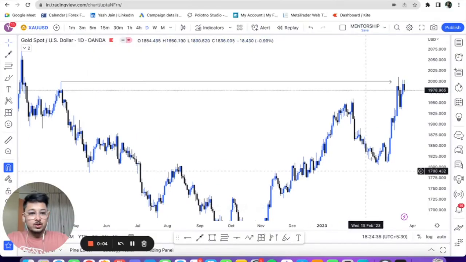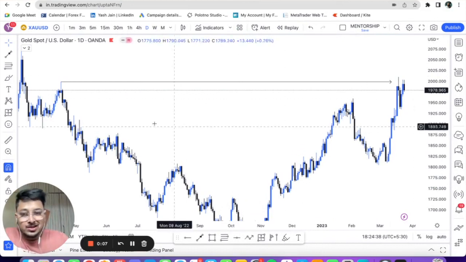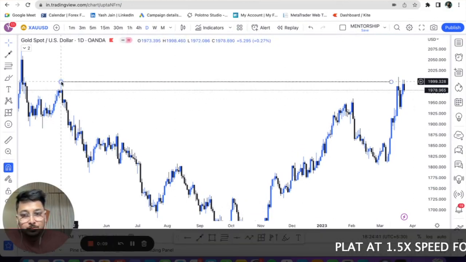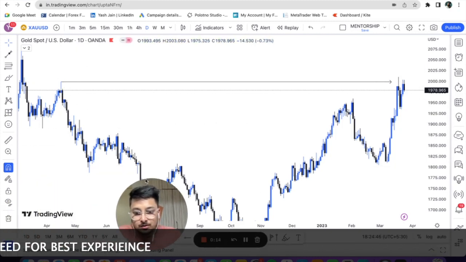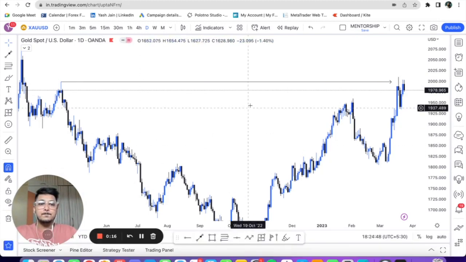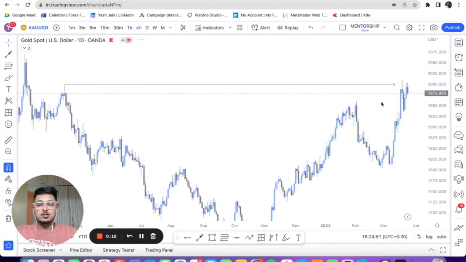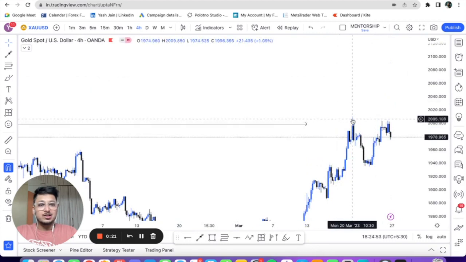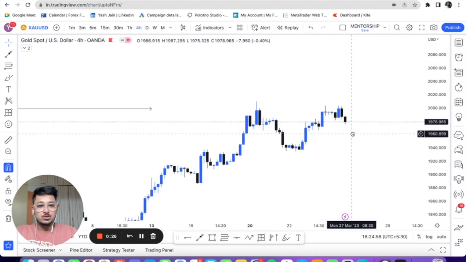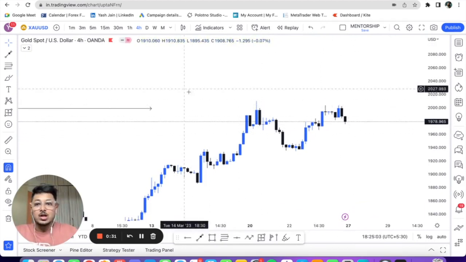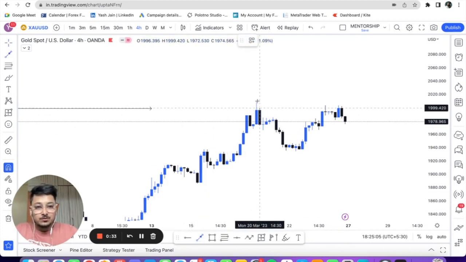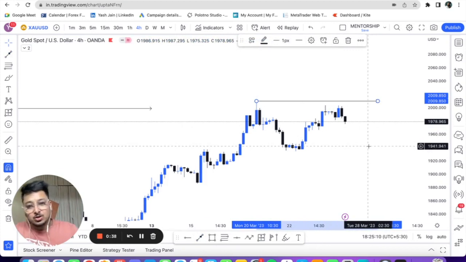We have gold. Looking at gold, what has happened is we have gone above the previous swing high of the 18th of April, and after breaking that particular level high, we have had a minor break of market structure, which means the order flow has turned from bullish to bearish. Right now, I have a very simple bias for this week: if we are going to protect 2009, I've mentioned this on my Telegram as well.